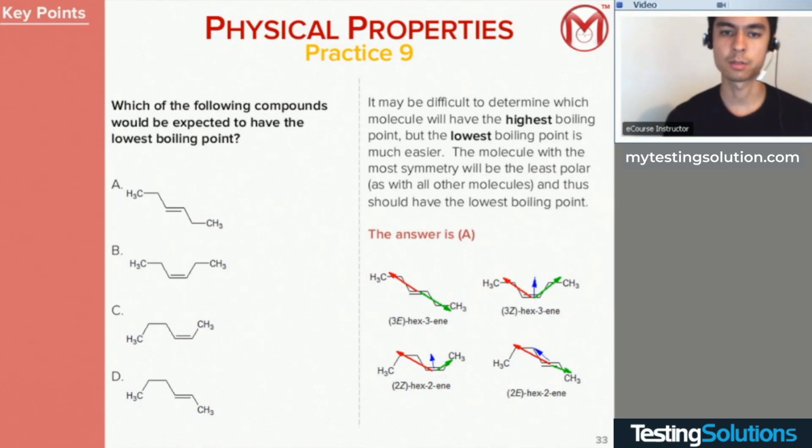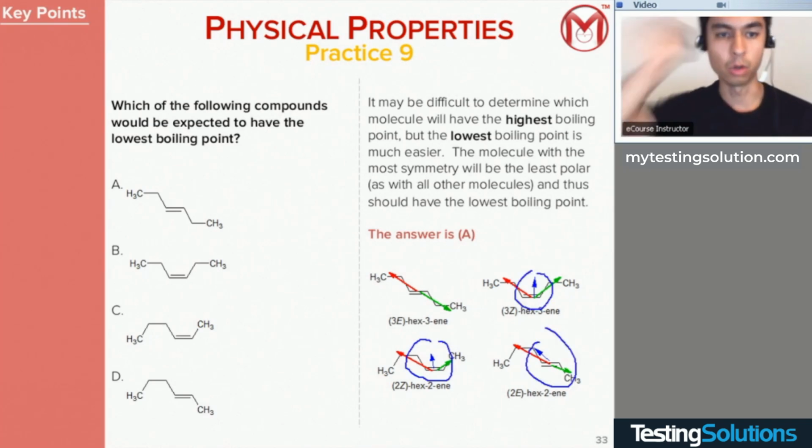I asked you this question very purposefully. I can't ask you which one is going to have the highest boiling point because you don't know. You can't just look at these little blue arrows that you've drawn, with no additional information, and know which one's the biggest. There's no way for you to answer that question, so they won't ask you that on the exam. Okay? But they can ask you, and they would ask you, which is going to have the lowest boiling point, which is going to have the weakest dipole. Not because it's the smallest arrow of the arrows that I've drawn, I don't know which one's the biggest and I don't know which one's the smallest, but because it's not going to have a dipole at all.